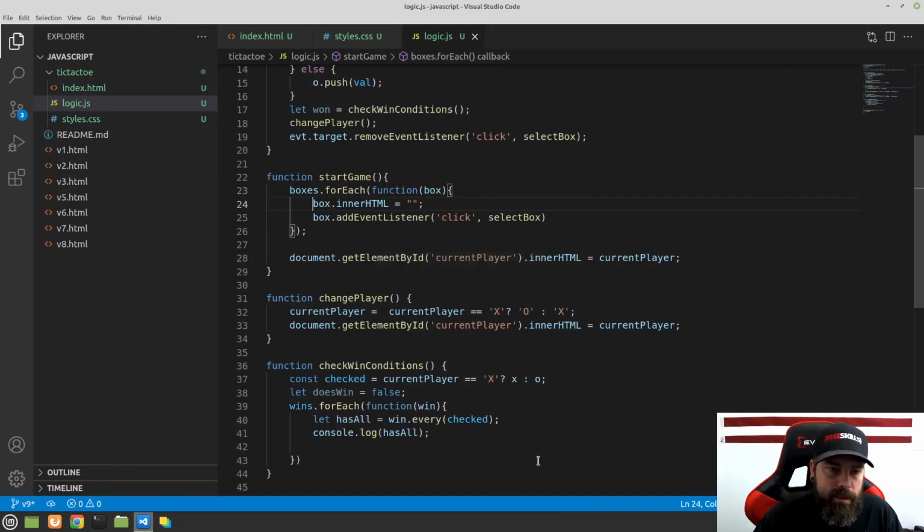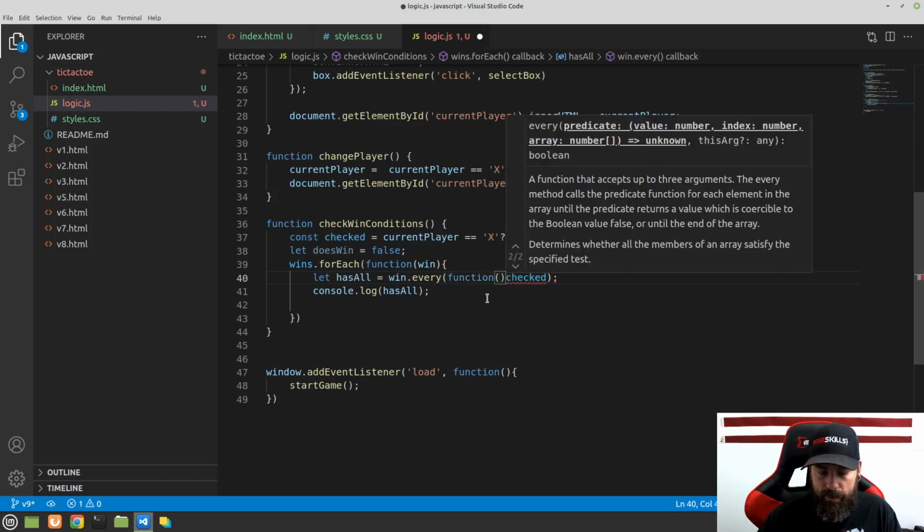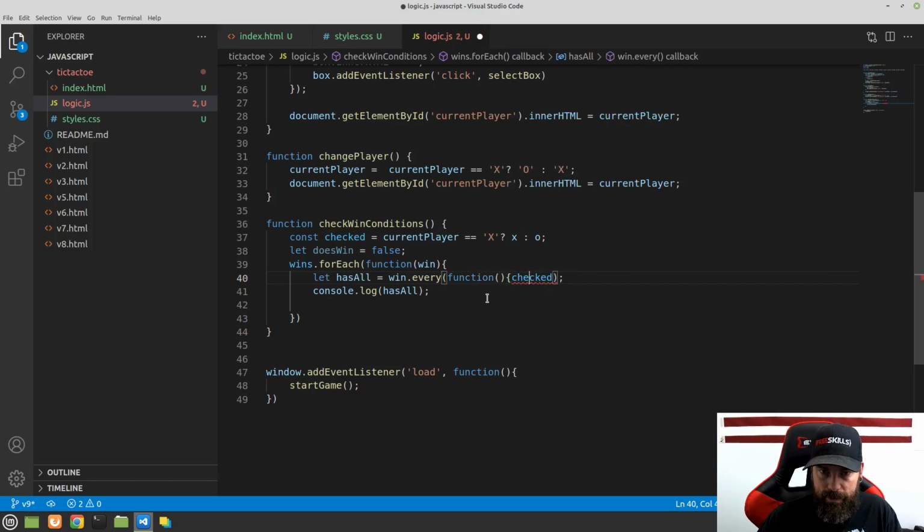I was trying to do this without doing extra loops, but it doesn't matter. So what we're going to do here is this is going to take a function, and then it's going to pass into this function